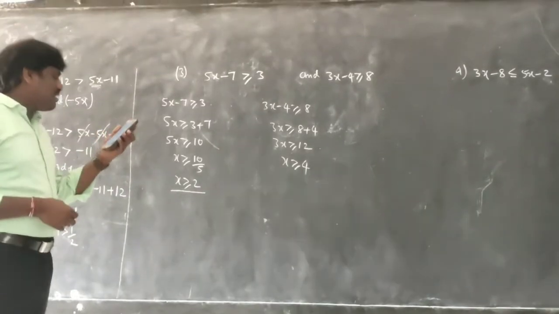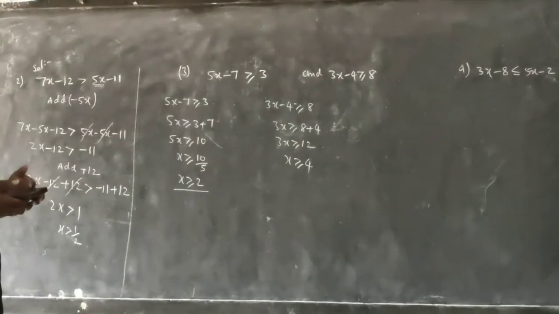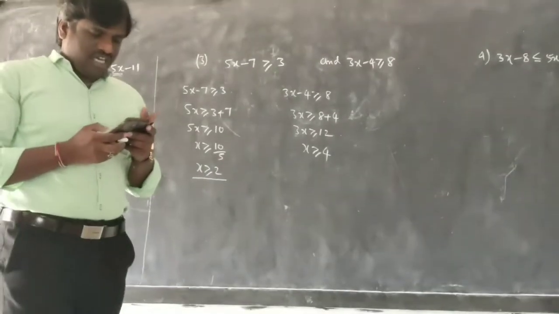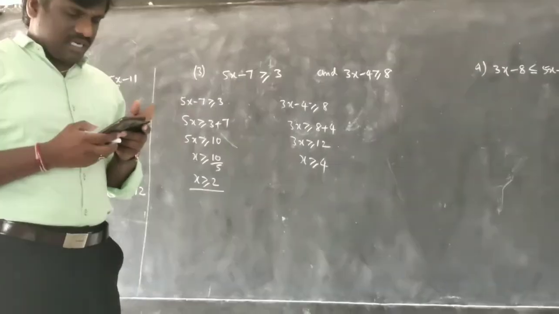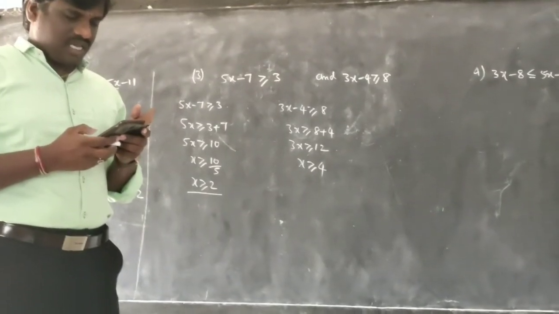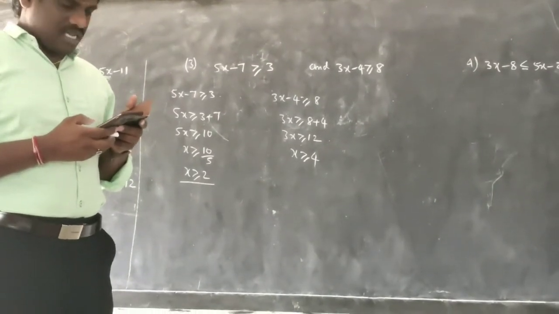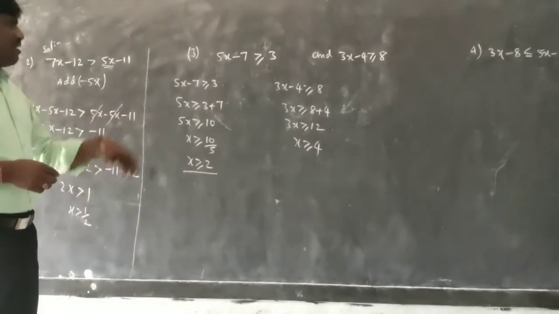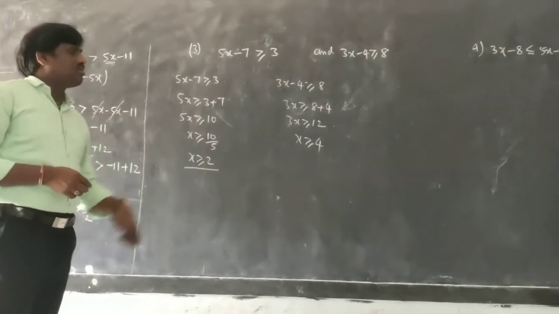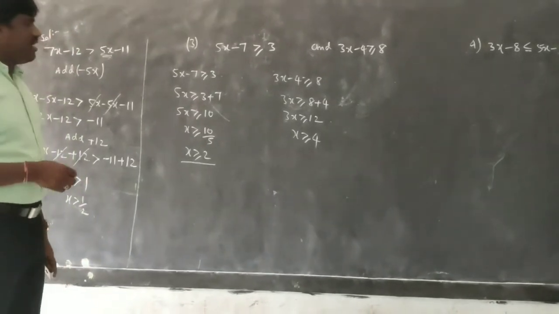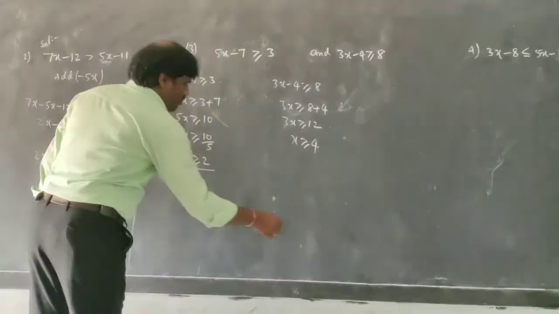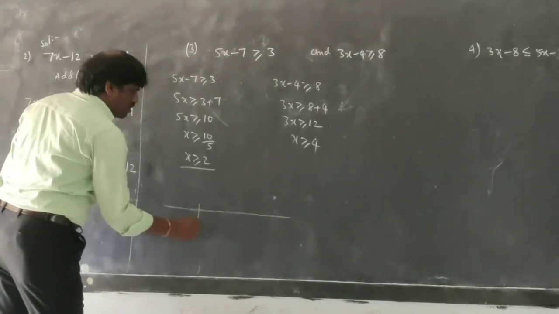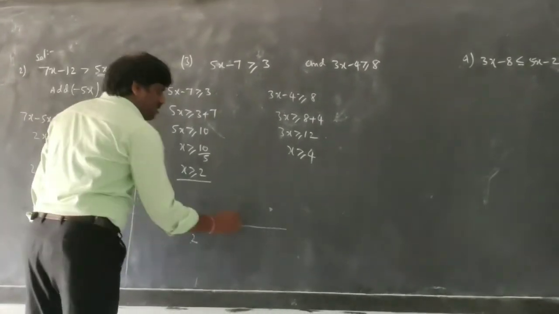But you have the and symbol. When you have the and symbol, and he said that if 5x minus 7x greater than or equal to 3 and 3x minus 4 greater than or equal to 8, then what happens? Both are there, this is also there, that is also there. So in the AND condition we do intersection. X greater than or equal to 2 means where? This is 2 and this is 4.